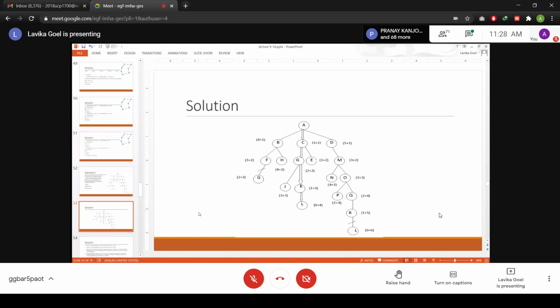Fine. So every time when you find a duplicate node, there will be two cases. The node could be in the open list or the closed list. If it is in the closed list, you have to update the cost of the node as well as its children. If it is in the open list, you have to update only that child. And basically, if it is in the closed list, you have to update the children also.